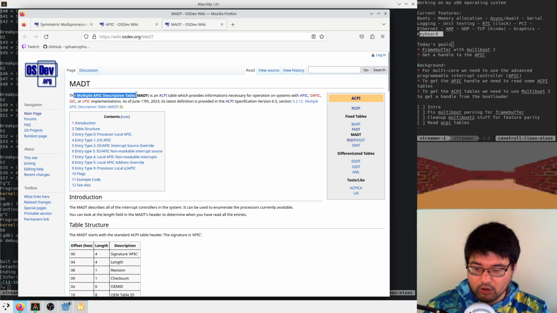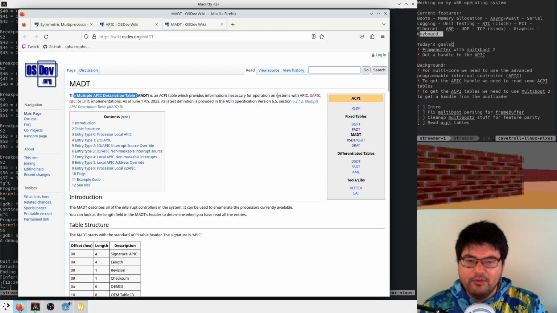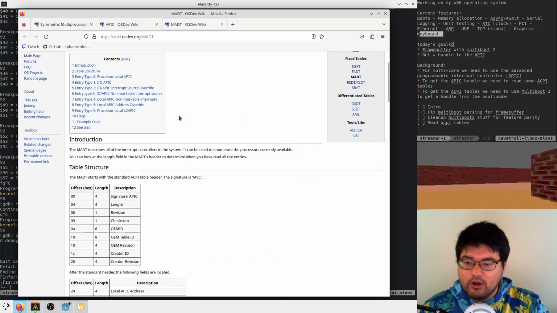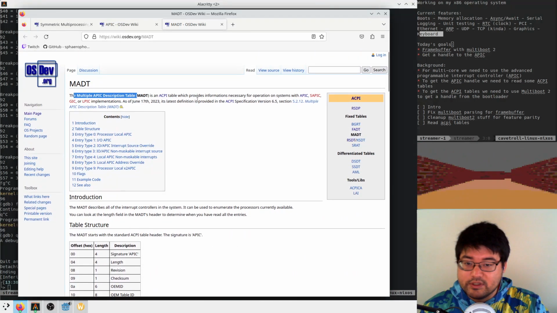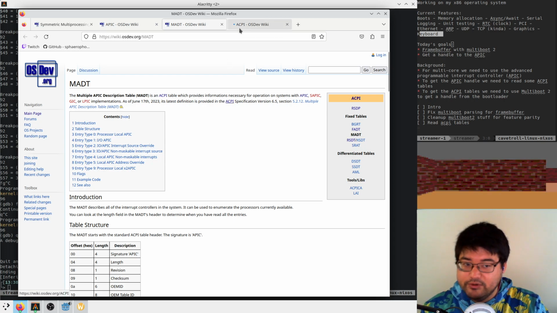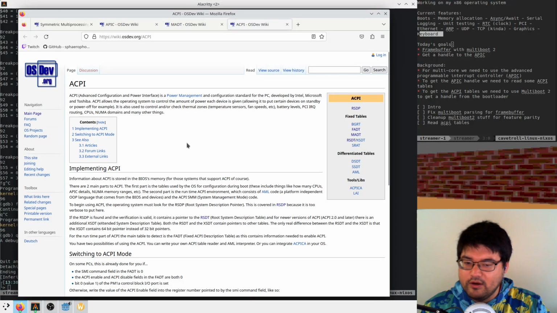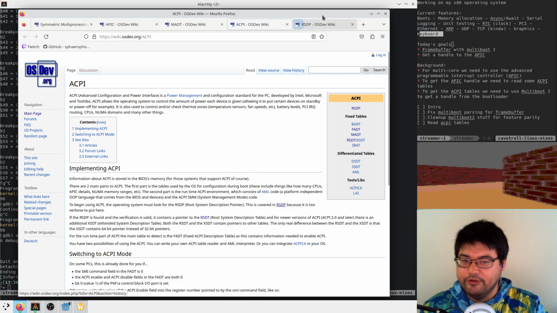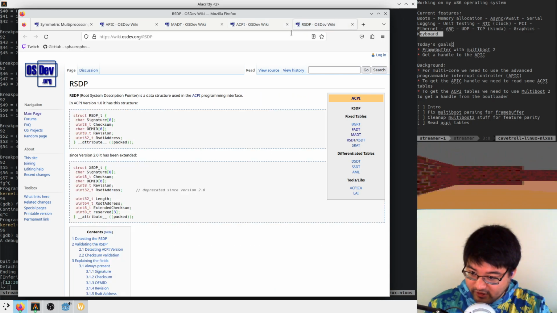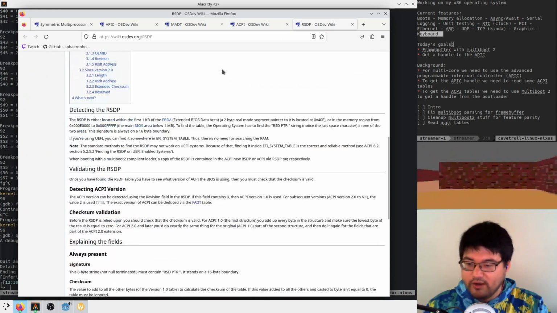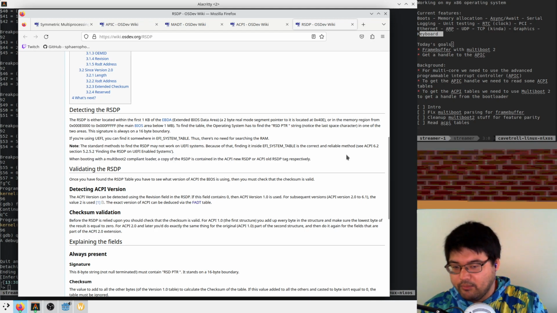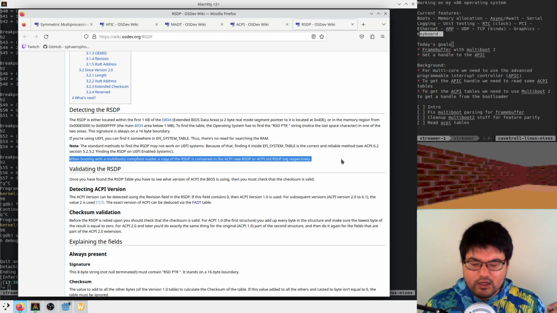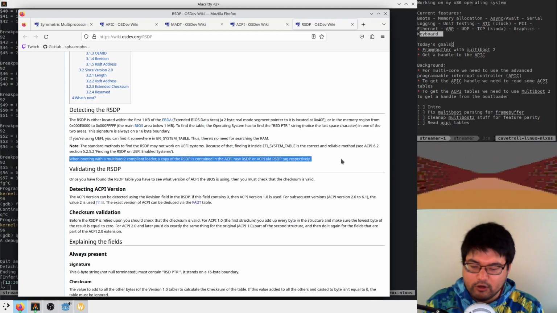Because there's going to be one per core. These come from ACPI tables, right? And these tables come from this thing called the root system description pointer. And this thing comes from multiboot 2, which is a boot standard that GRUB implements.